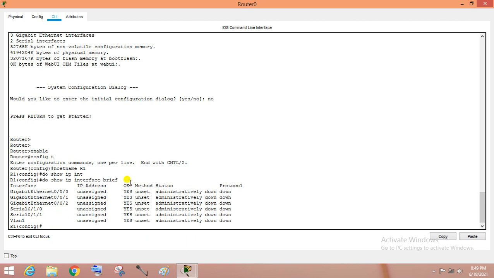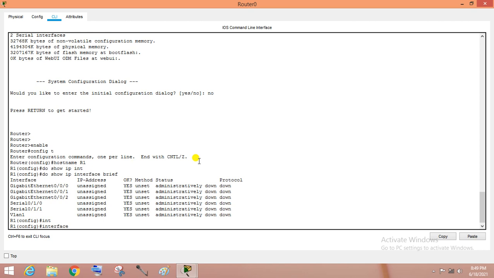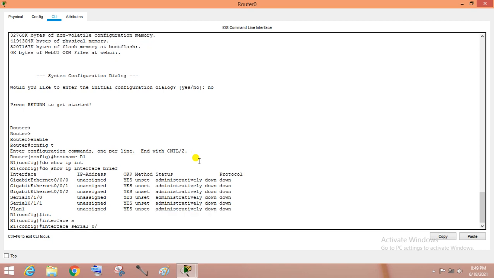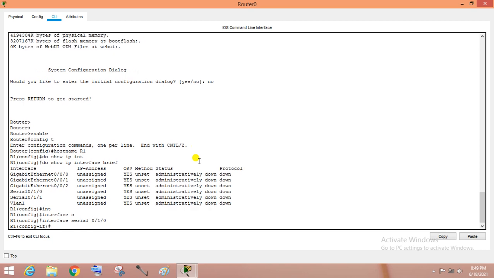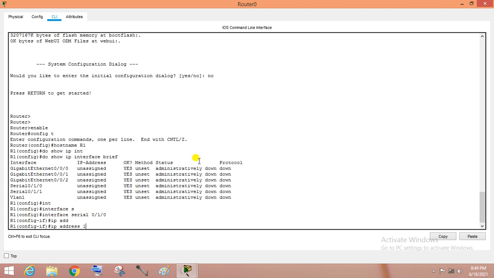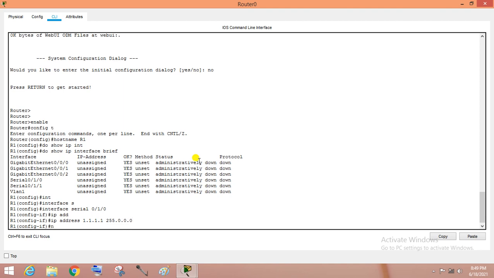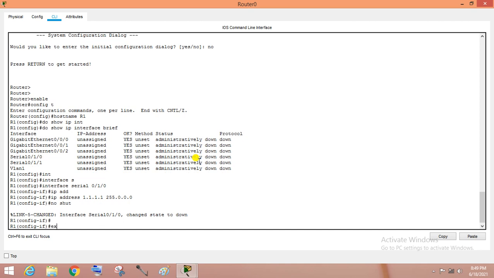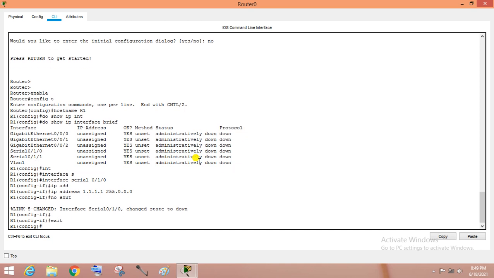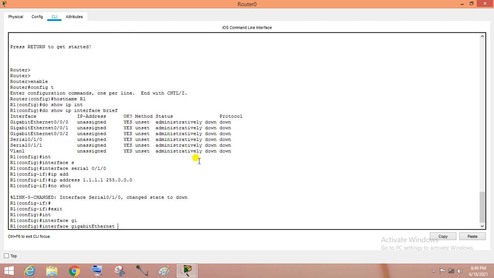This is the interface serial 0/1/0, IP address 1.1.1.1, 255.0.0.0, no shut. The same for the other interface, 0/0/0.